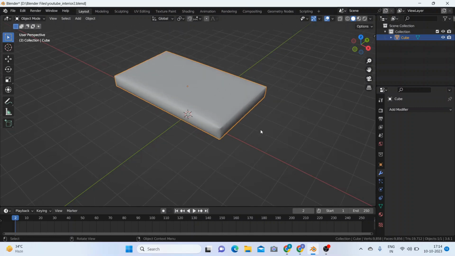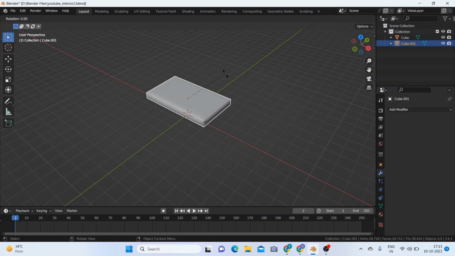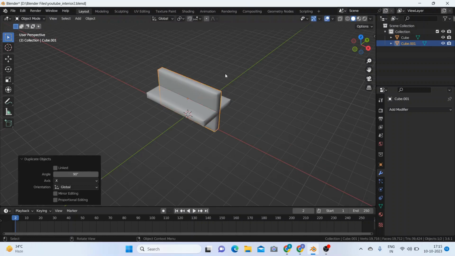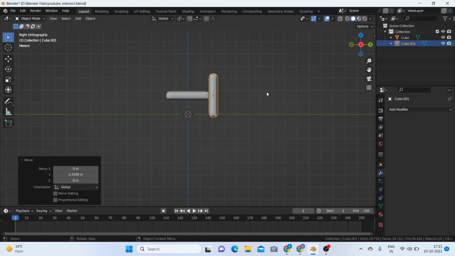And then what we do is we will be modeling the sofa today, so we select this mesh and we hit Shift D to duplicate it and press R to rotate it along the X axis by 90 degrees, and then click, and then press G and Y to move it back on the Y axis. Let's see it from the side view. Let's move it a little bit front on the Y axis,